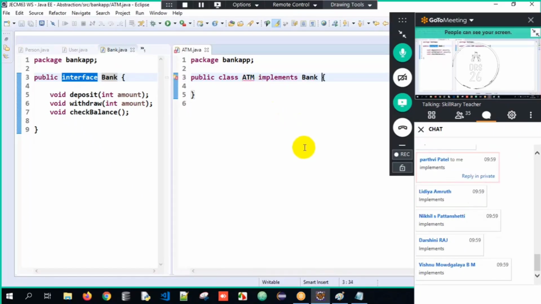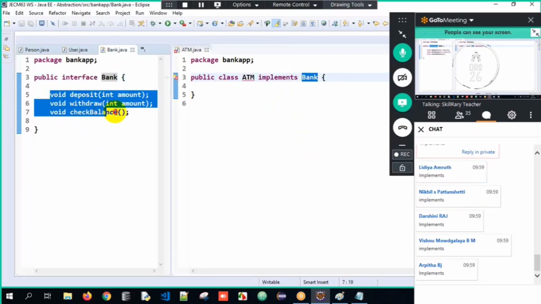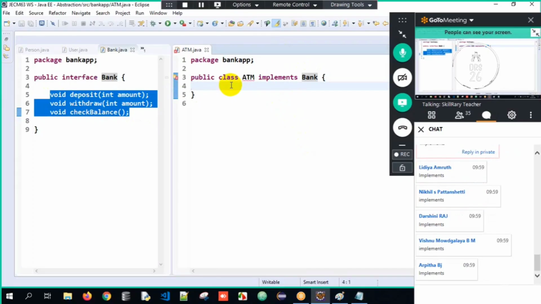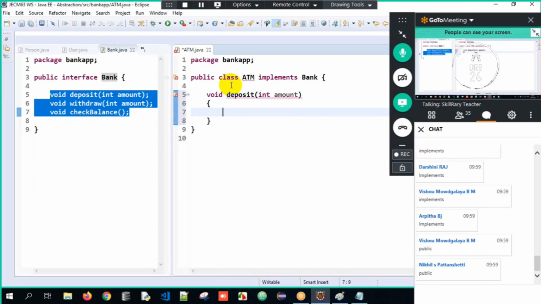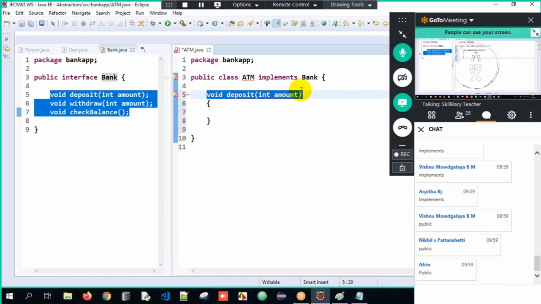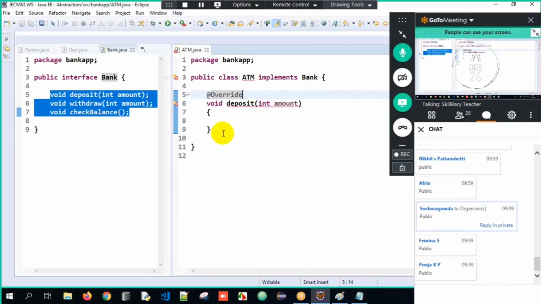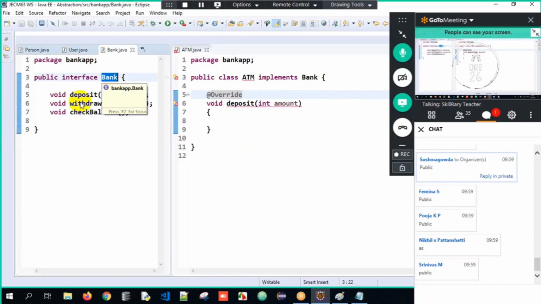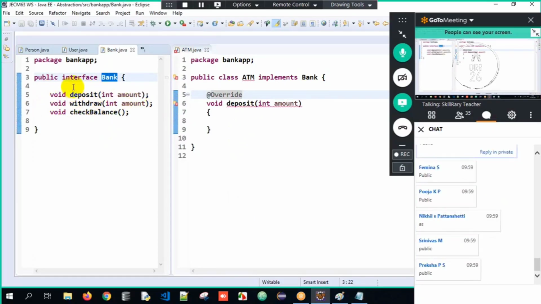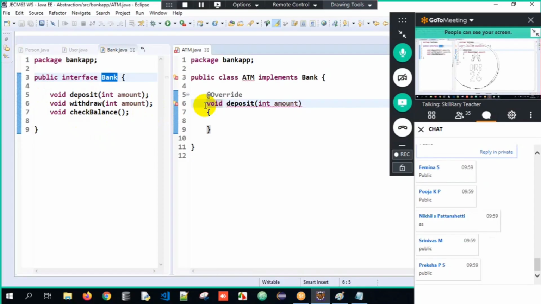Very good. But why is it giving an error? Sir, when a class is implementing an interface, it means you have to provide the implementation for these methods. Okay, so I have to just override it. Yes, I will override. Void deposit, meaning return type same, method name same, and the argument is also same. But I will provide the implementation. Okay, but still it's giving an error. Why? Should I write annotation override? I write annotation override. But still it's giving an error. Why? Sir, this is an interface. These methods are automatically public and abstract. So while overriding, it becomes mandatory to write it as public here.